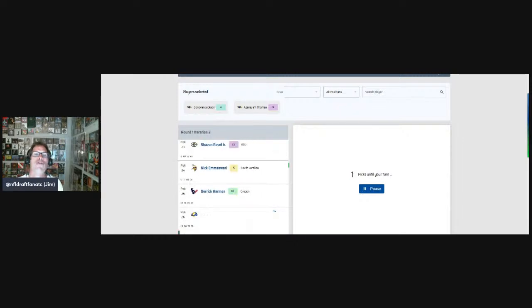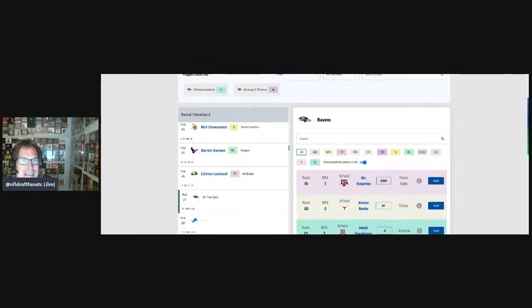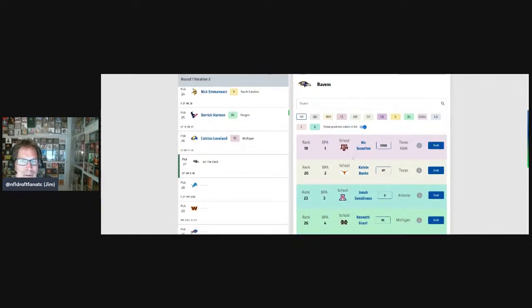Like you're saying, well, there's no way that player is going to drop to round 2. It's the way the simulator works is that if fans haven't picked Azareye'h Thomas to put him high enough on a team's board, he may not be high enough on other teams' boards to go in round 2.